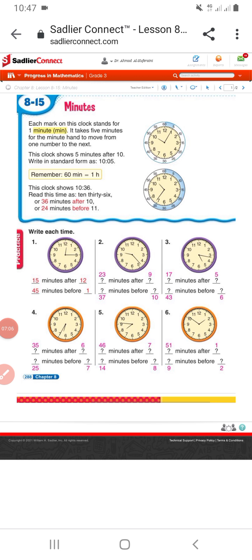So for question number 3, we have 17 minutes after 5. The short pointer, or hand, we use the word hand for this. The short hand points at 5. The longer hand points at 17 after 5. Okay, or this will be